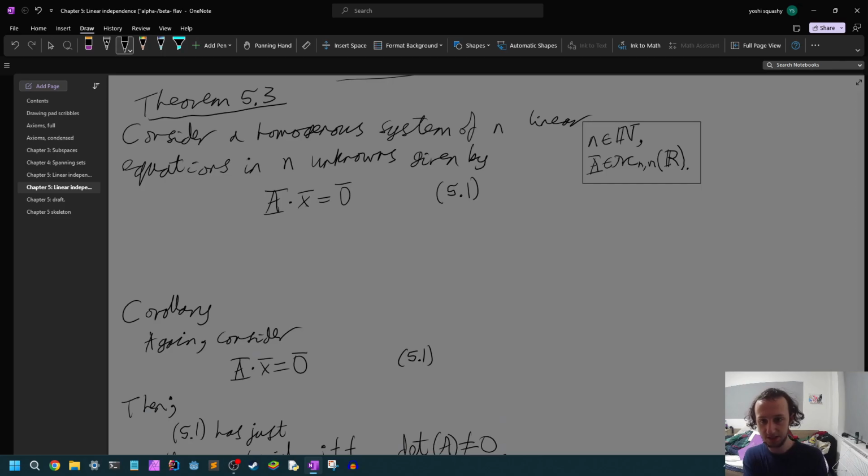So simply, we're going to have a homogeneous system of n linear equations in n unknowns, which just means all the values on the right are 0. I'm hoping you've come across homogeneous systems before. If not, you can check out chapter 0, but I'm going to assume that's known. So in this case we have a result: this homogeneous system of linear equations, 5.1, has non-trivial solutions